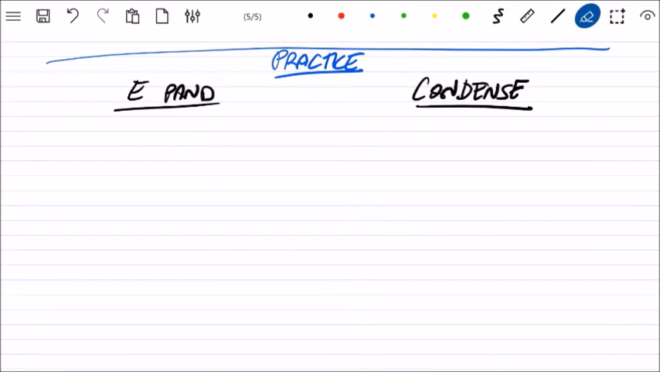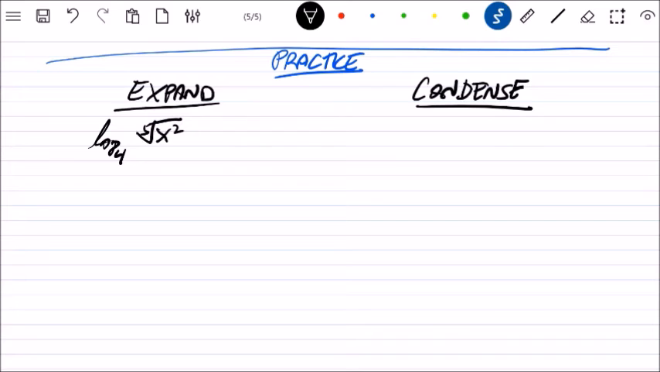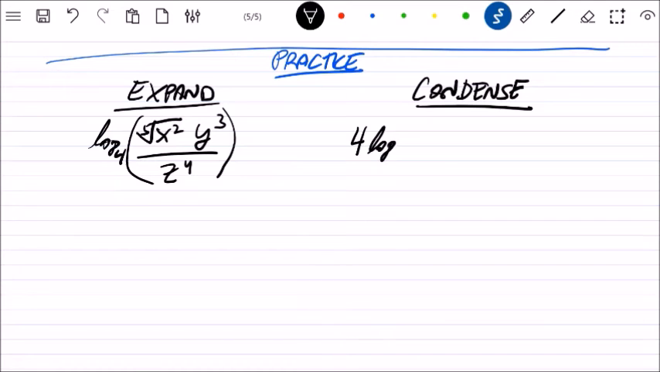I'm going to make that X a little more fill in the space kind. Okay, so here is the expansion problem. Log base 6, the fifth root of x squared, y to the third over z to the fourth, all that in parentheses. And for condensing, I'm going to do 4 log base 3 of x minus 7